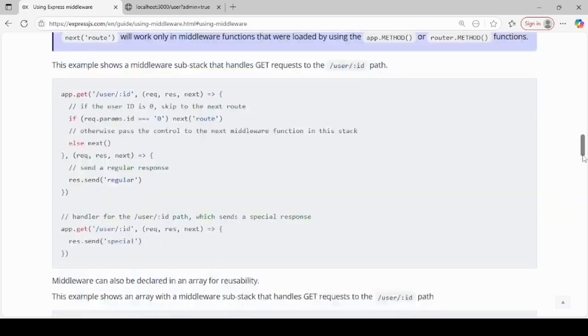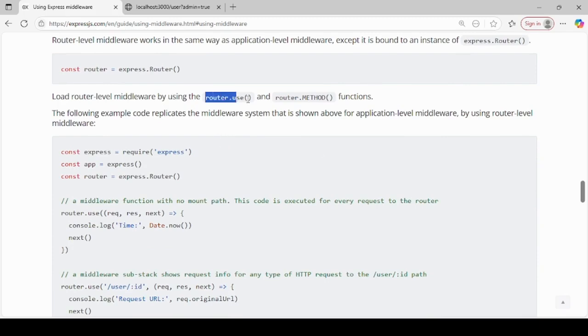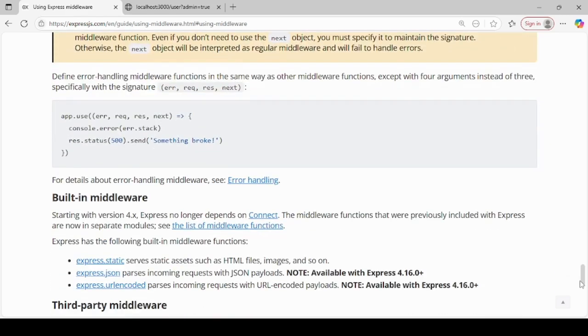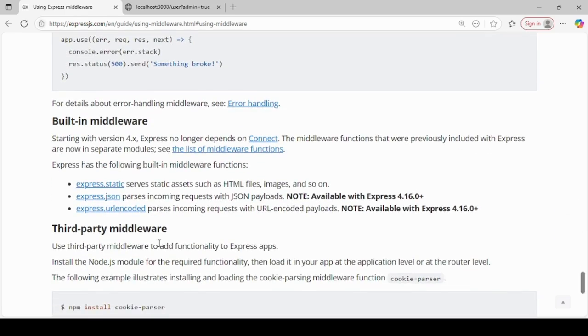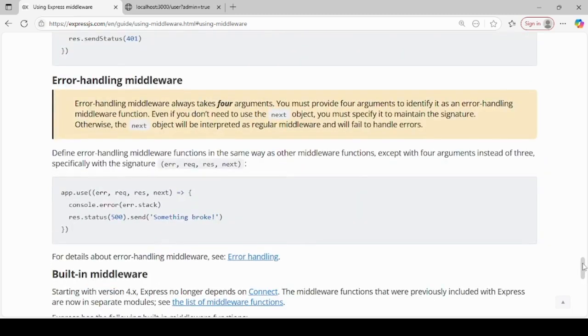And the ones which are router level middleware, we use router.use instead of app.use. We also have error handling middlewares, and built-in middlewares like express.json, express.urlencoded, which we have already done, and express.static in order to serve static assets such as HTML files and images. And there can be third-party middlewares, which we will be doing in the upcoming videos.